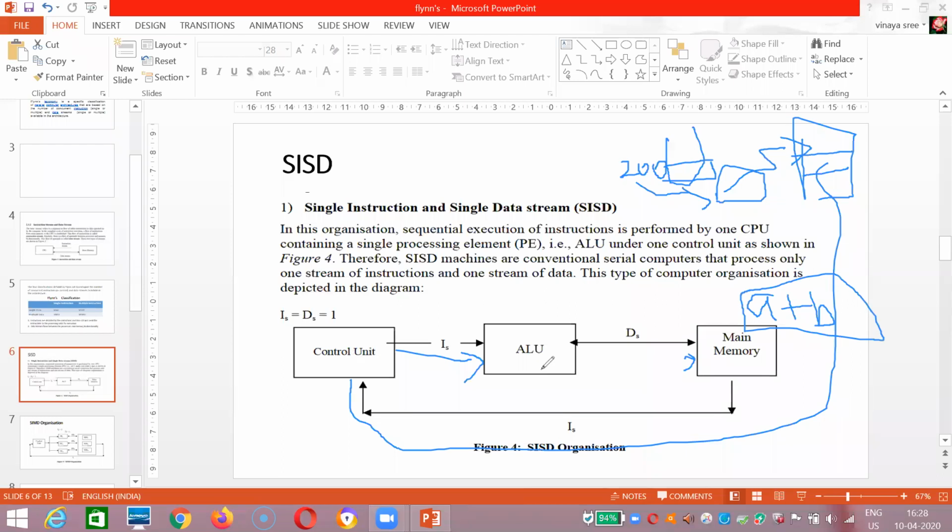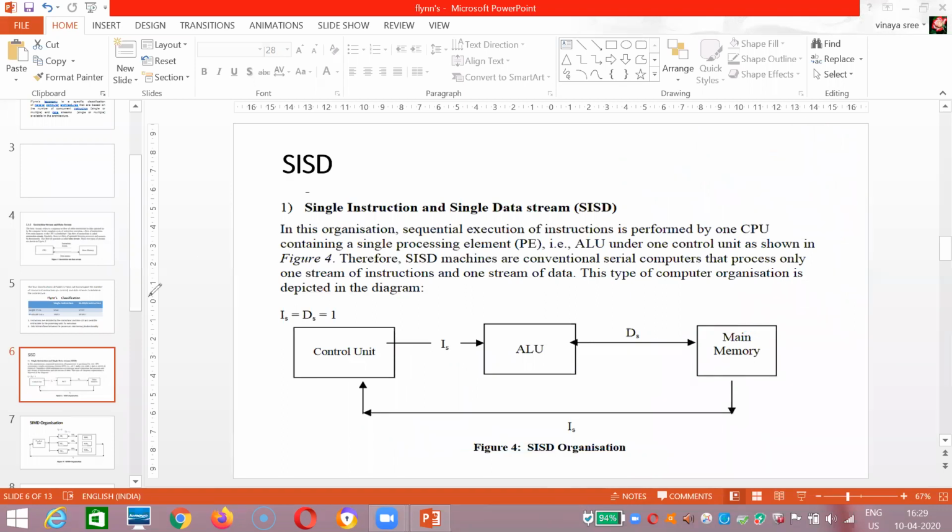After that, for getting the data, what the A value is and what the B value is, it will again communicate with the main memory. Let us consider it gets the A value as 5 and the B value as 5. It goes again with the help of the system bus to the ALU, and here it will calculate the addition, because the operator is plus. After that it stores back the result. At a time we are executing only a single instruction. That is the reason it is single instruction, single data. This is the common one.